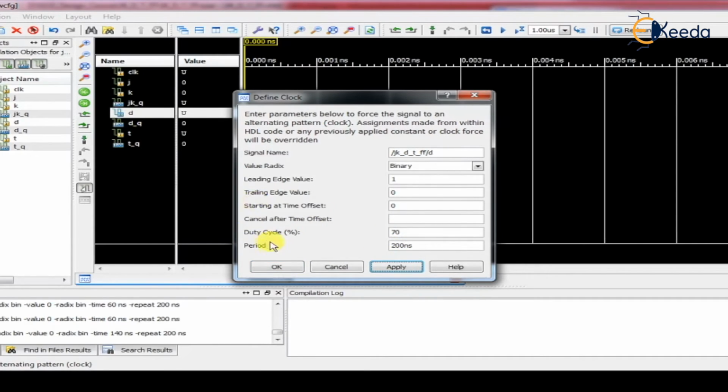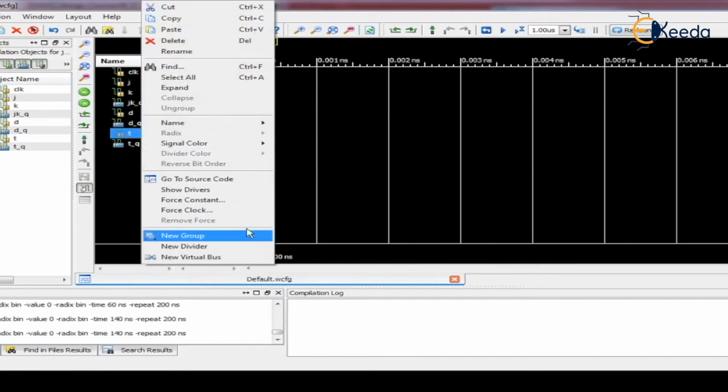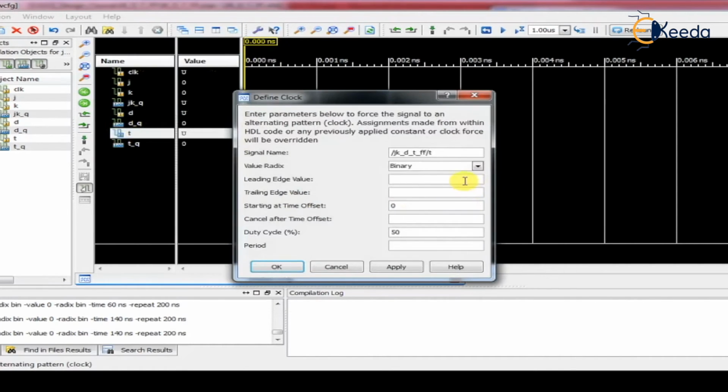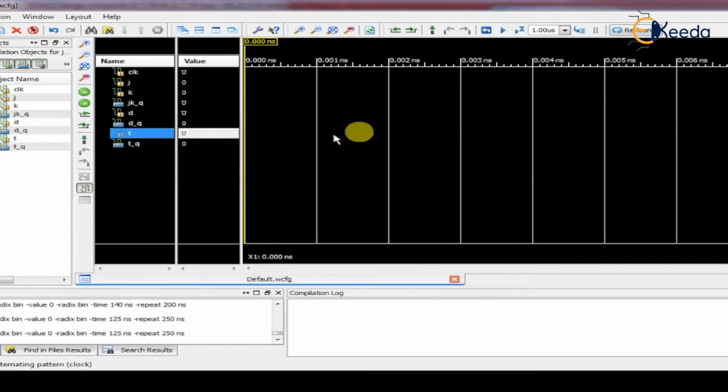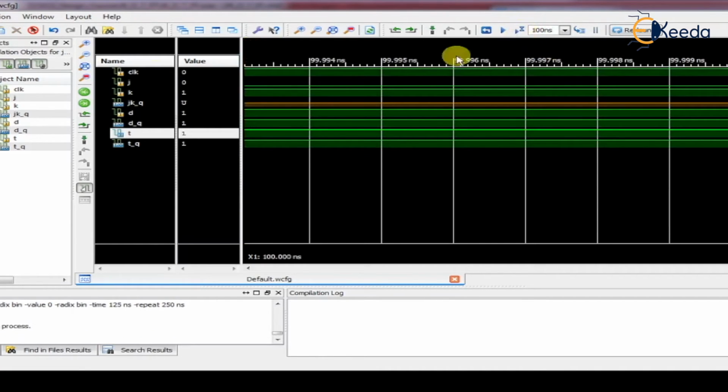Similarly for the T input also, I am assigning the input combinations as a clock 1 0. Here also the duty cycle I am keeping as 50%, but the period I am keeping as 250 nanosecond. Okay, so let's say apply. Now run it for 100 nanosecond. Okay, just run it.